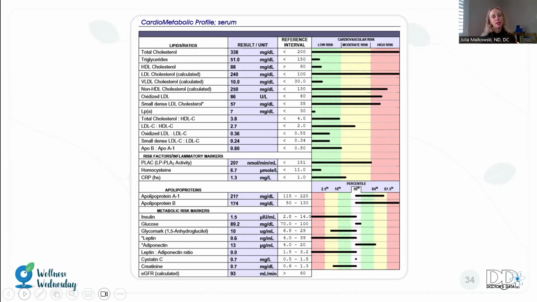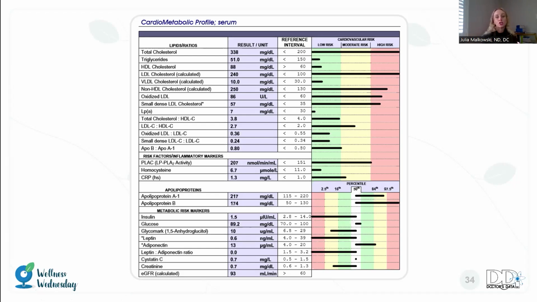What we see right away is that cholesterol is elevated. Triglycerides look very healthy, but that makes sense because they're on the ketogenic diet. They're not eating carbohydrates. HDL is healthy as well, so that's great, but LDL is too high. Additionally, the markers of non-HDL, oxidized, and small dense LDL are very elevated. Moving further down, we can see that the ratio of LDL to HDL is outside the reference interval, as well as the apolipoprotein B to apolipoprotein A1 ratio. That lets us know that there are lipoproteins that are able to contribute to atherosclerosis.